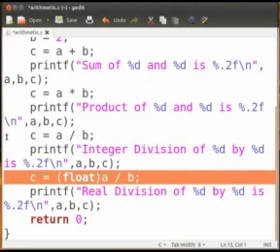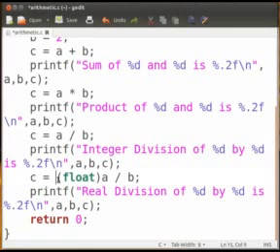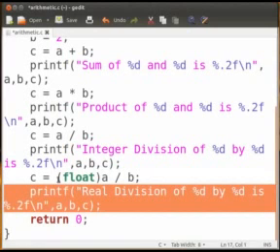Here, one of the operands has to be cast as float. We have typecast variable a. Now a will behave as a float variable for a single operation. The printf statement displays the output of real division on the screen.